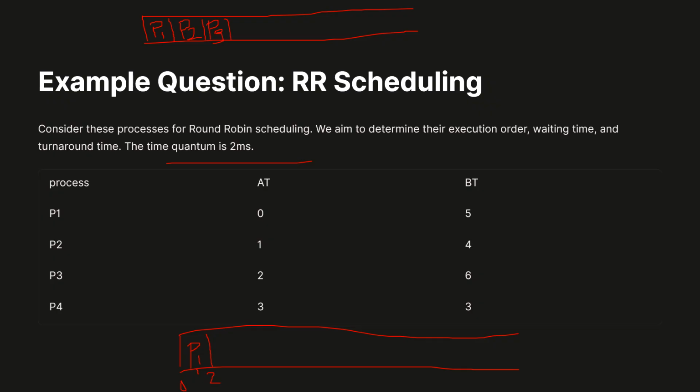So when a process is executed, it will go again into the ready queue if its burst time is remaining. The burst time of process 1 was 5, but now 2 of it is executed. So 5 minus 2 will be 3. Now the burst time of process 1 is 3, and it will be reduced by 2 until it's completed. So now we'll see which is the next process. We can see P2 is next. So then P2 will enter the Gantt chart,